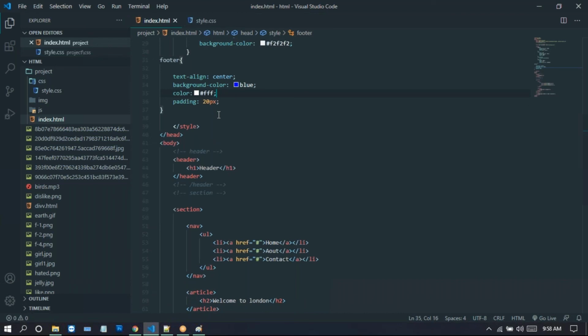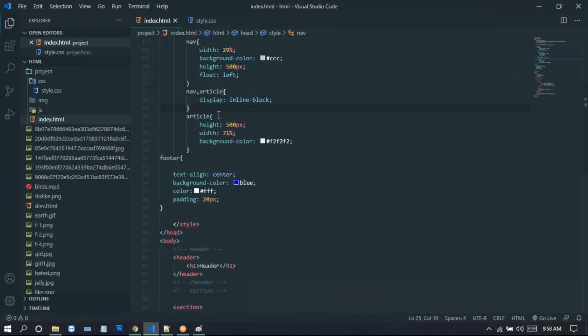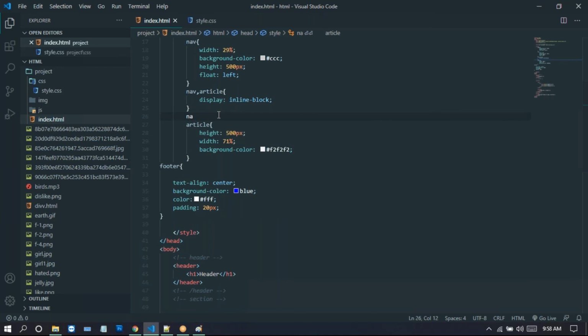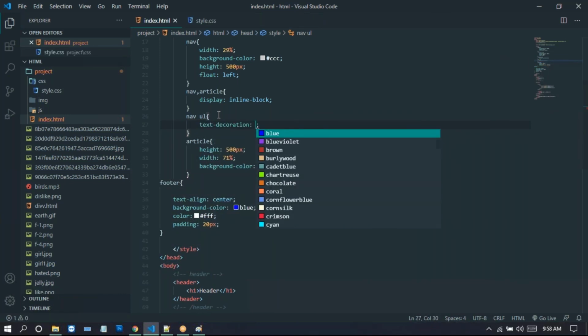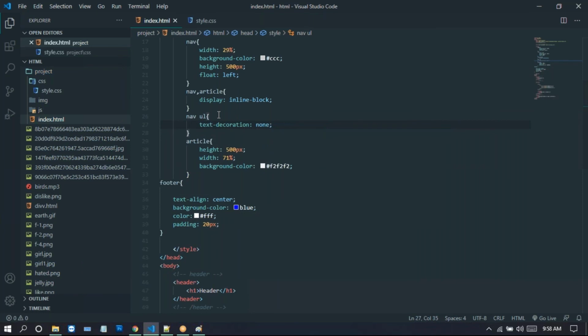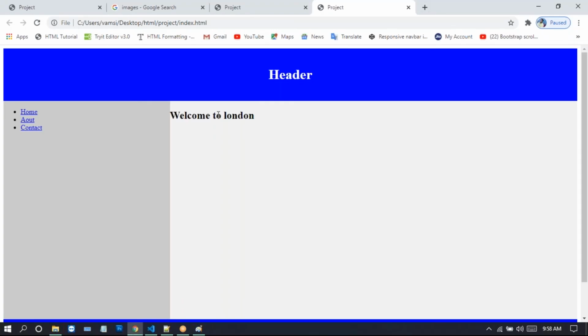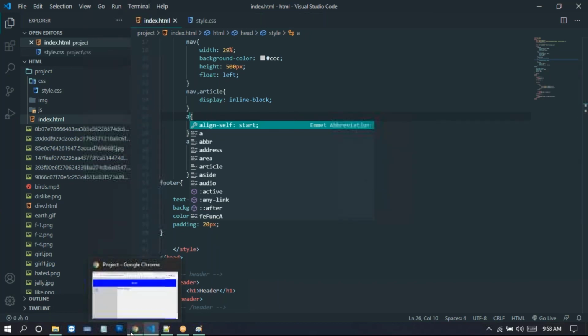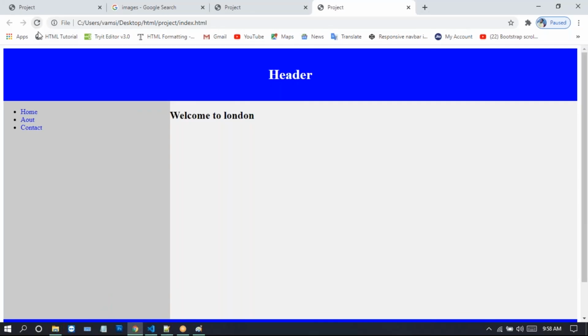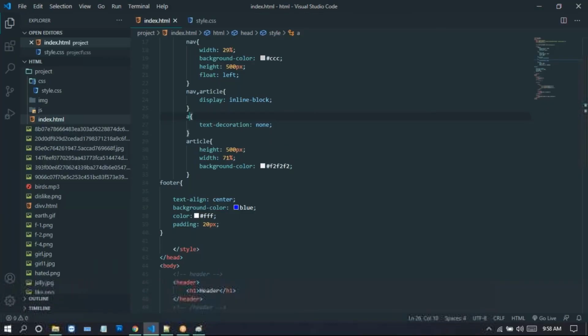So look at this one. We can style up this navigation. So here, go to this navigation. So we have nav. In this navigation, we have the UL tag. For this UL tag, we just write text decoration none here. Sorry. So we need to apply the text decoration none directly to the anchor tag itself. Go to this one and refresh this one. Now the decoration will be gone.